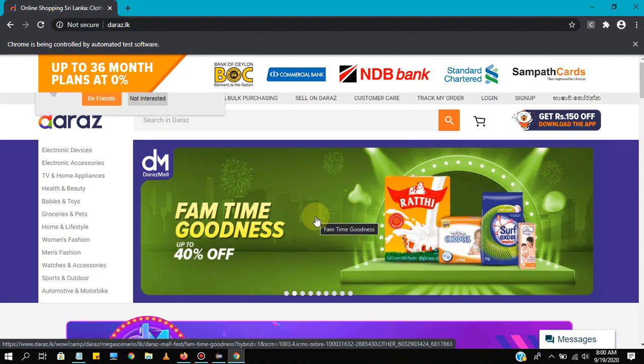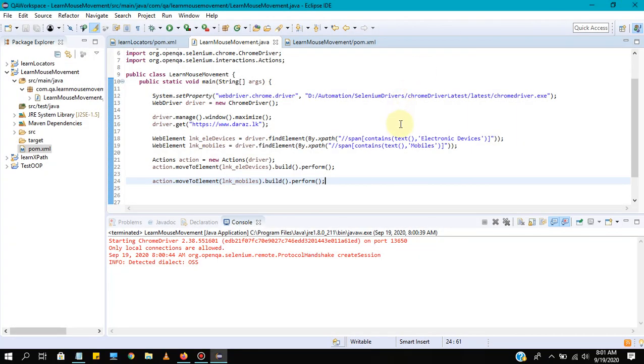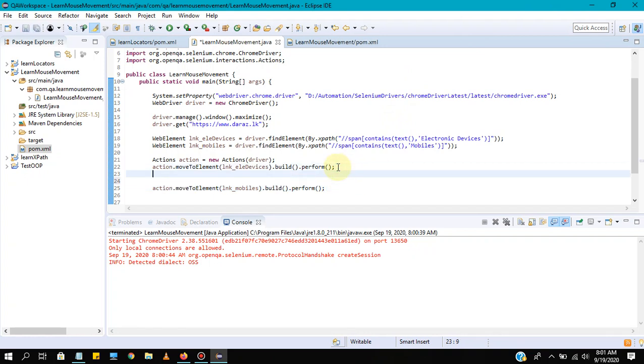So you can see it opened the web browser, maximized, went to daraz.lk, but the mouse movement is not working, right? So you know what? Once this web browser is open, it will take some time to load this element. So just add a sleep here, a static sleep, static time. We can use this Thread dot sleep command.